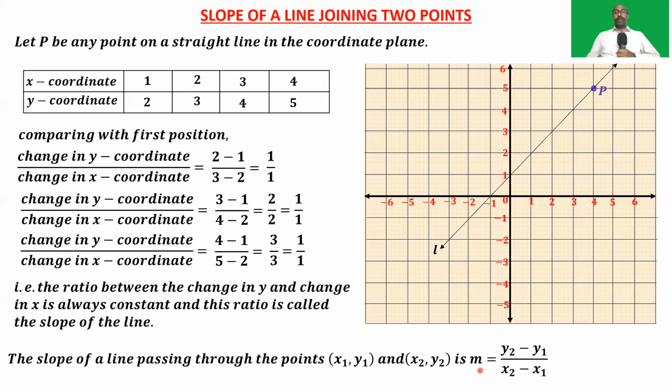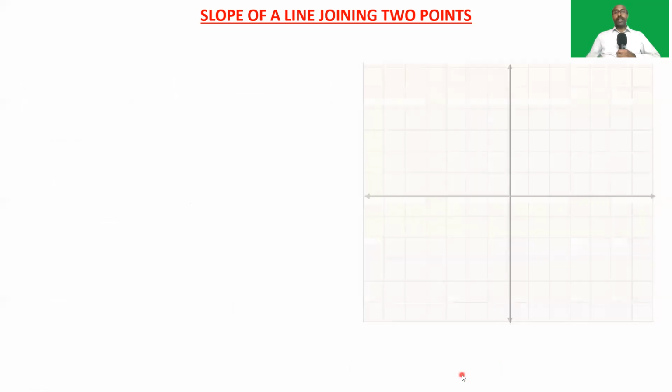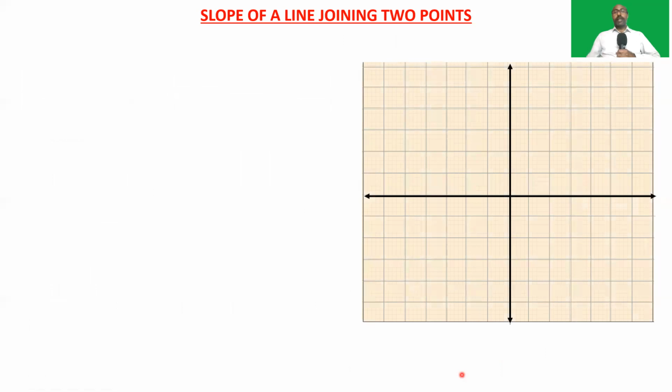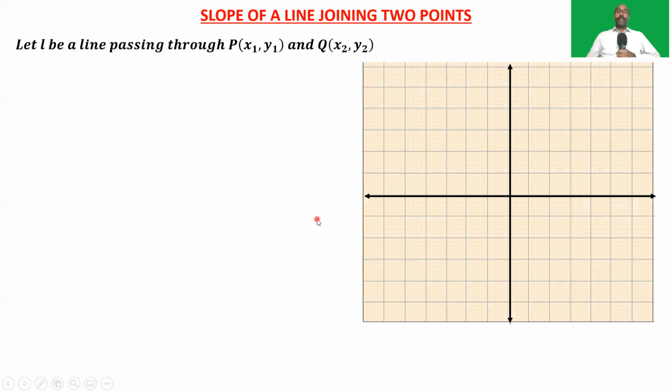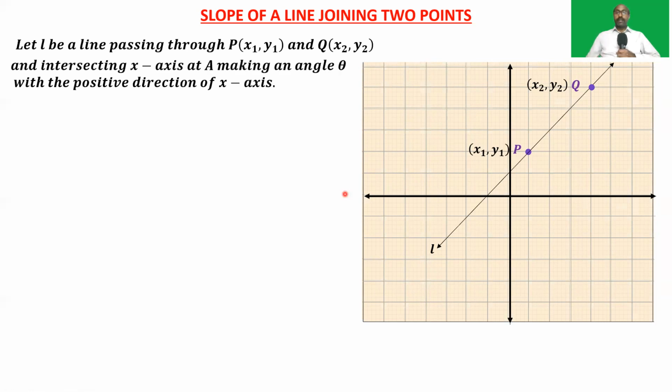So here we have one more concept regarding the slope of a line. Let L be a line passing through P(x1, y1) and Q(x2, y2) like this. And we know that the slope of the line PQ is y2 minus y1 by x2 minus x1. Now draw the perpendiculars from P and Q on the x-axis like this. Sorry, before that, let the line intersect the x-axis at A, making an angle theta with the positive direction